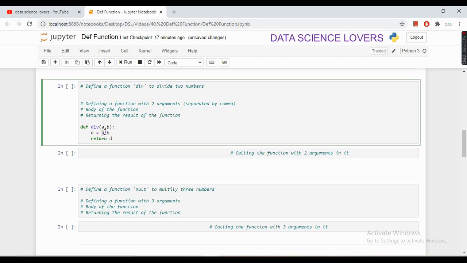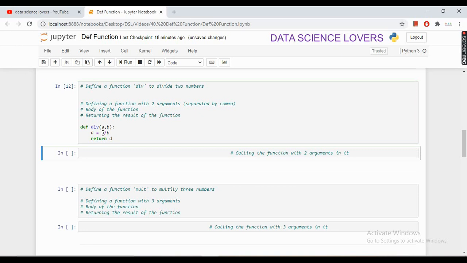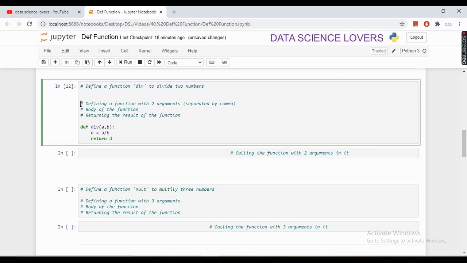After dividing a by b, the result will be saved in d, and in the last line we will print this d. Return here means print the final output of the function. If I run this, the function has been successfully defined.